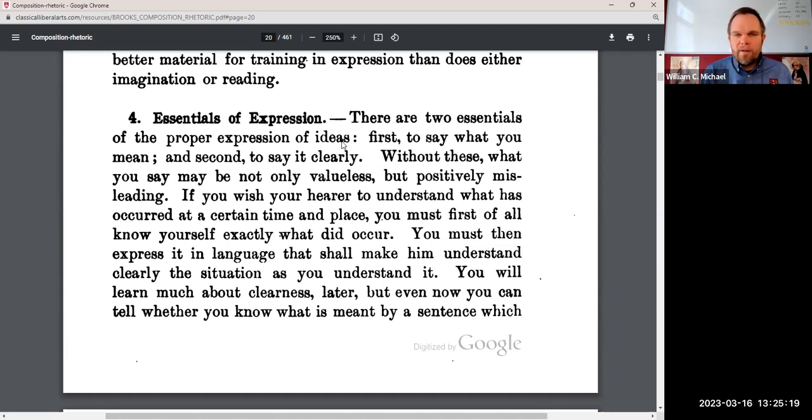So having something to say, that's one part of it. Saying it effectively is something totally different. It's a different part of it. It also determines what kind of way you try to communicate. For example,